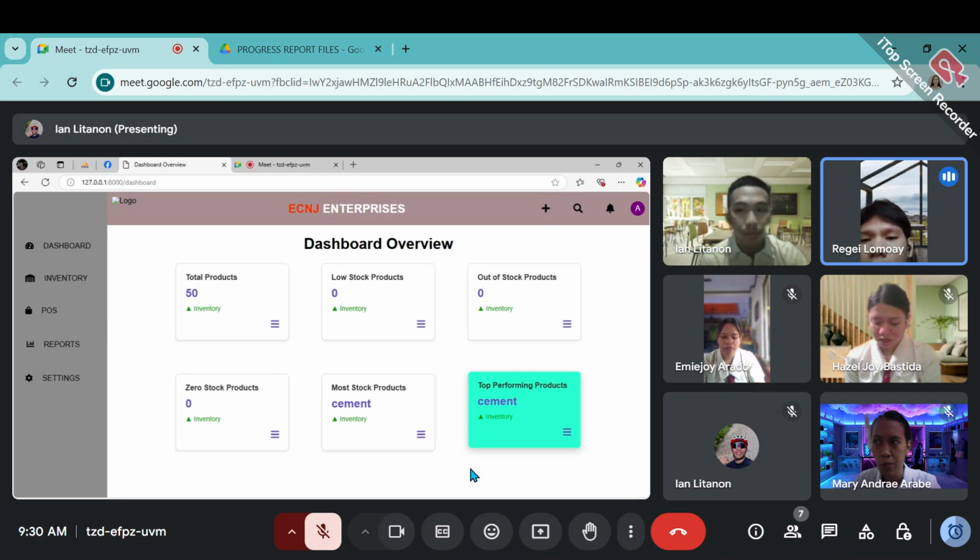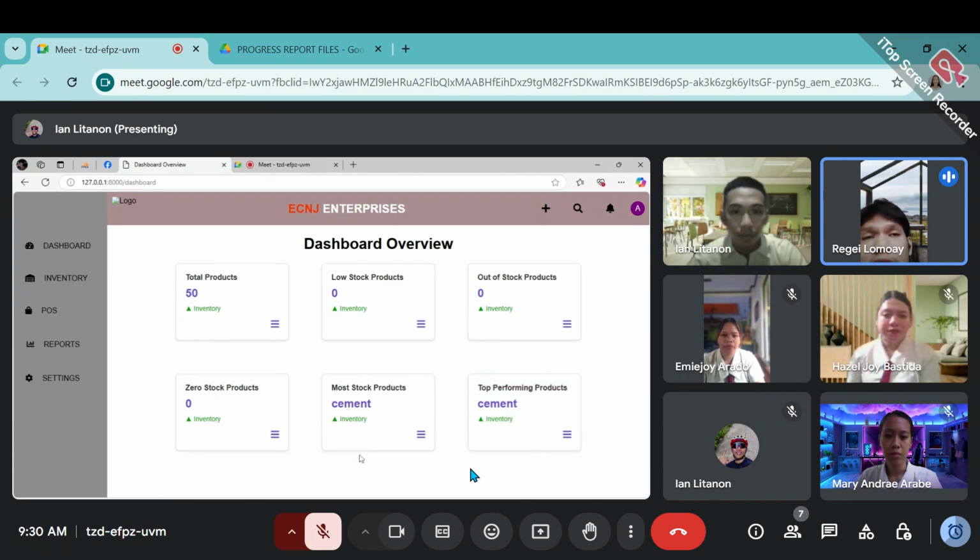For example, for our cement, we have 40 stocks. So the system will notice that these products have many stocks, and also we have the top performing products.